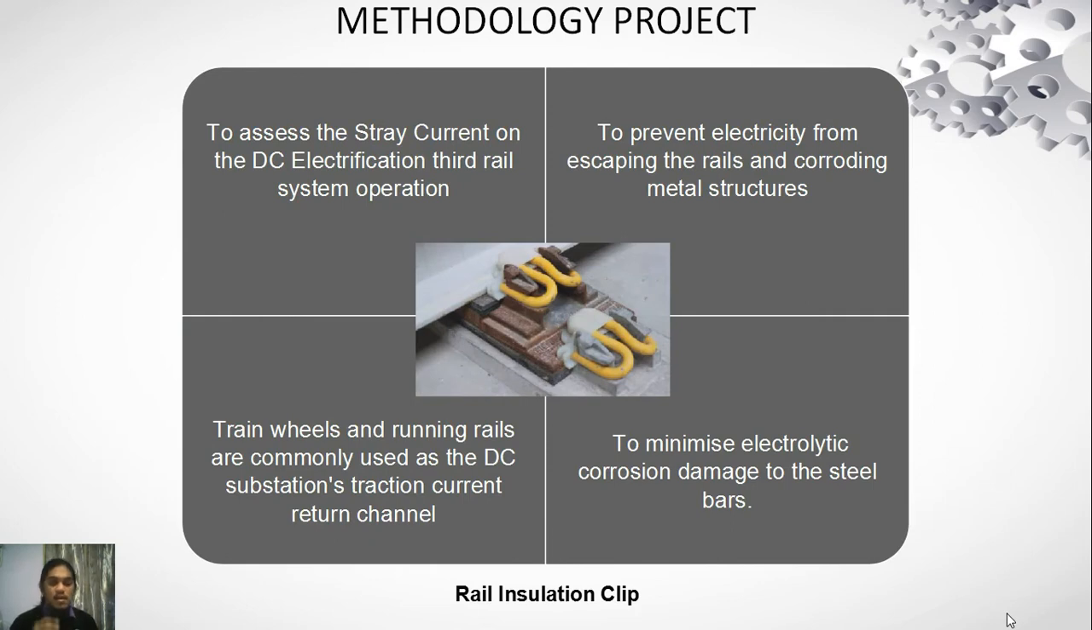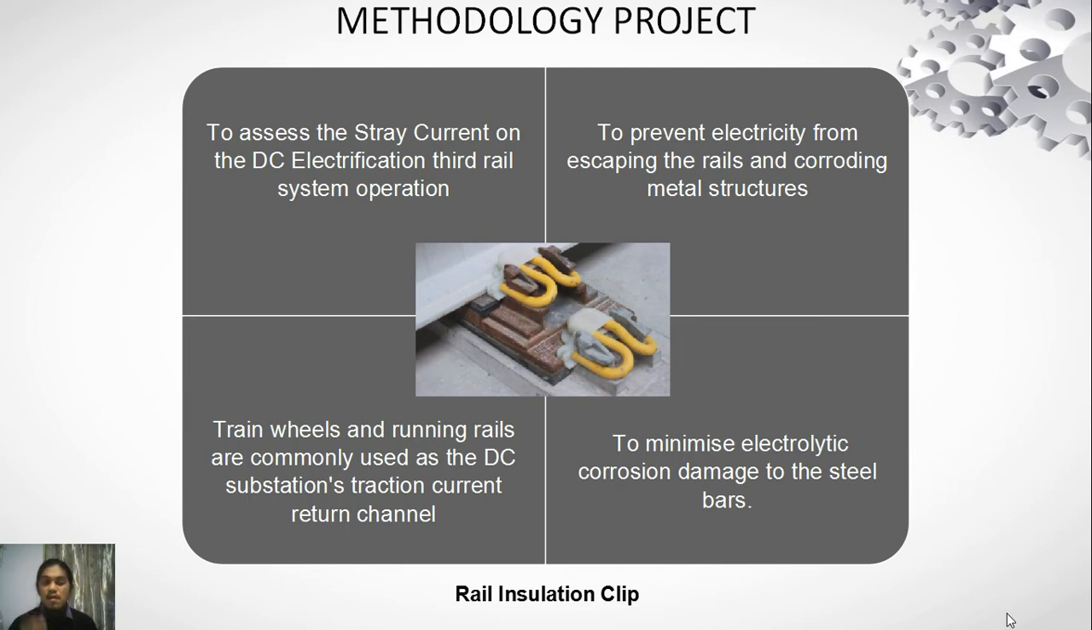To make the analysis in this project using software, the rail insulation is the component part related to this project. Okay, in this project, to assist with stray current in DC electrification third rail system operation, rail insulation is used to evaluate the rate of current that flows out of the rail when the train moves from the initial state, using a modeling system that is the running rail method using MATLAB Simulink software, and then train